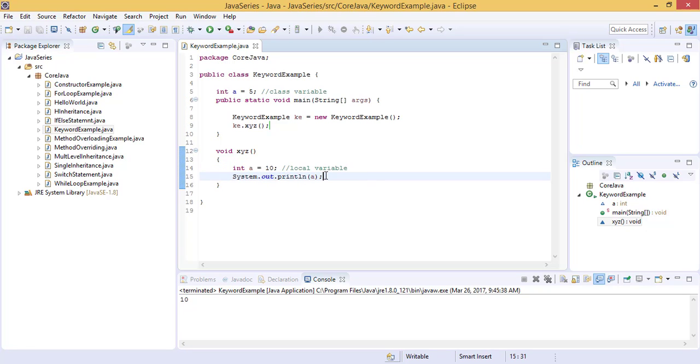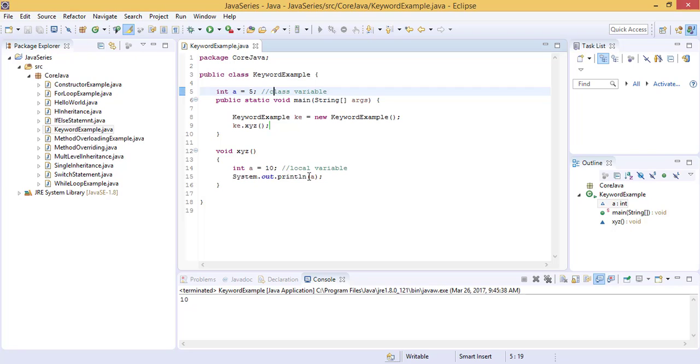But what if we want to print the value which is present in the class variable, that is 5? How can we do that? To remove this kind of situation, we use a keyword known as this. As we have already discussed, this can be used to call the class variable.